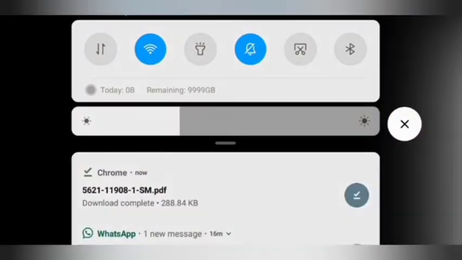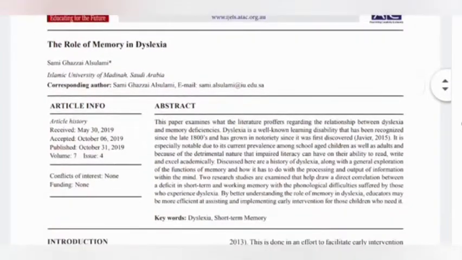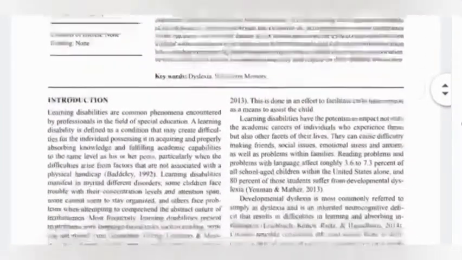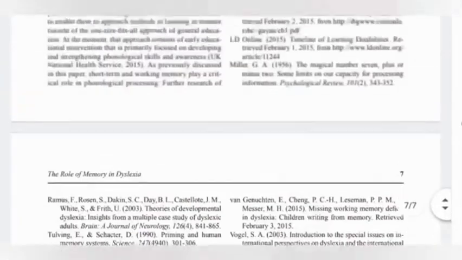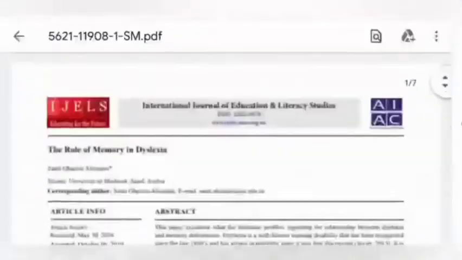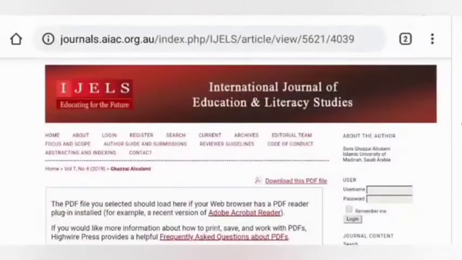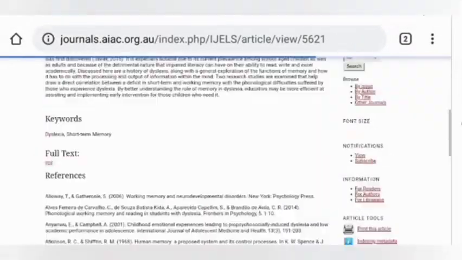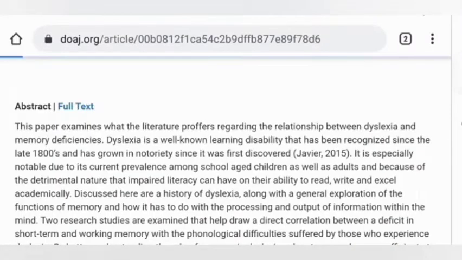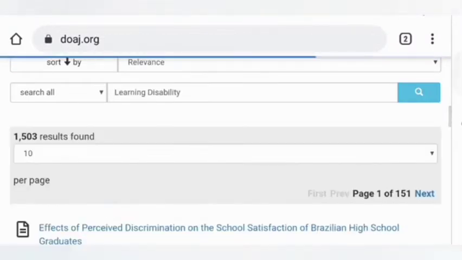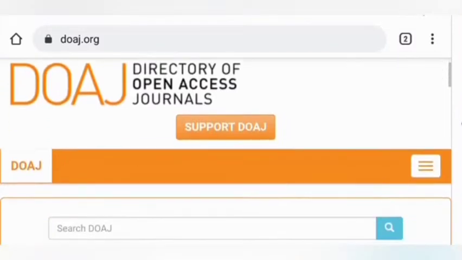It got downloaded. Let me check whether it's a full paper or not. Okay, yes, it's a total of 7 pages, the whole research paper. Really, it's a very useful online source. From there you can download n number of research articles from your interested area, or from various journals, even paid or unpaid, both.